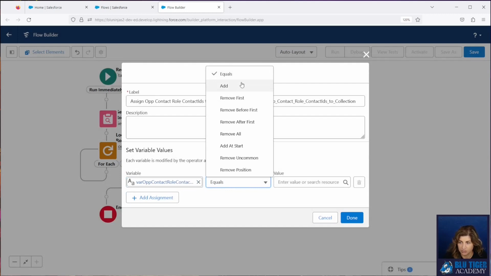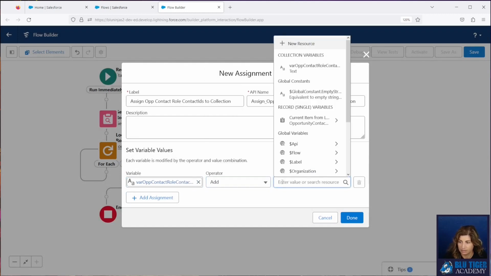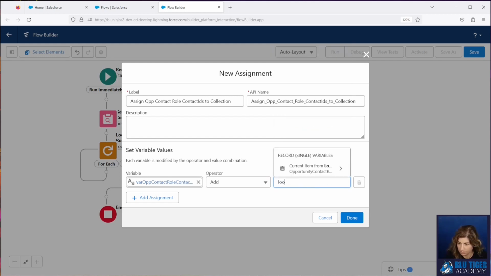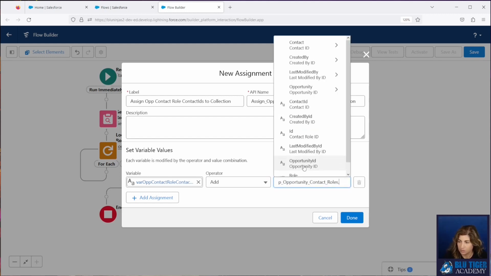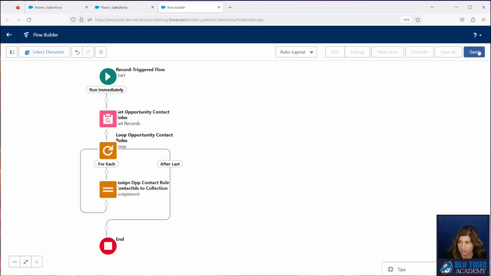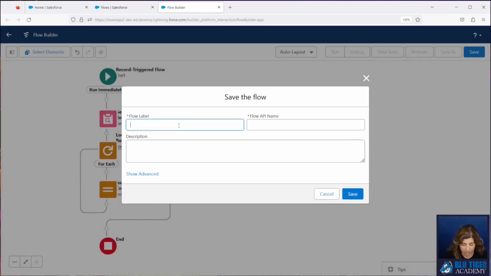And I'm going to add, from my loop, the current item from the loop, the contact ID. So all my contact IDs will be added to this text collection. And now let's just save this.